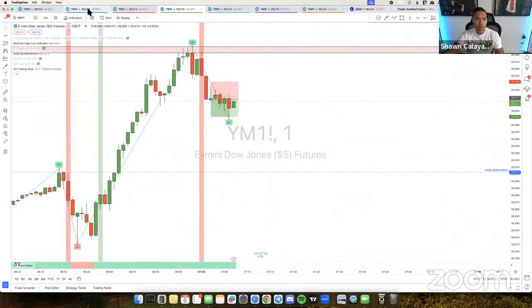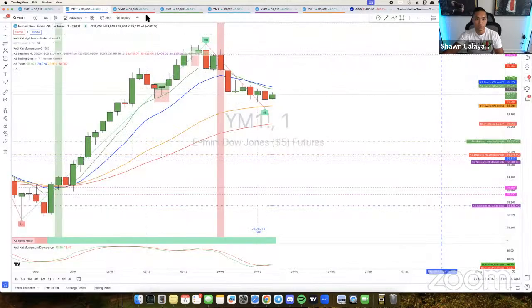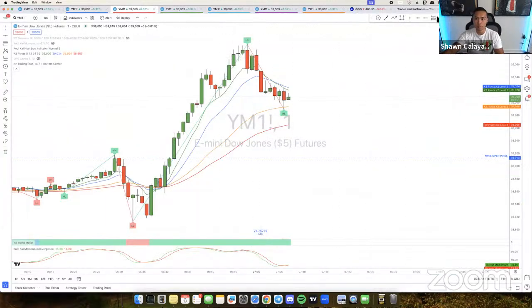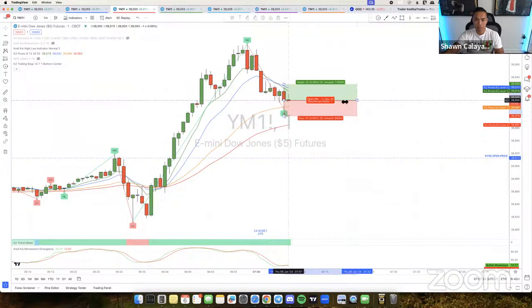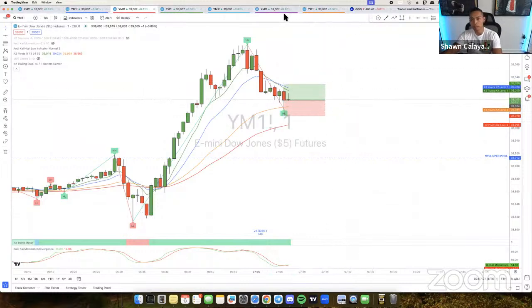Great work, guys, for whoever caught that there. We have the rejection there, so the PRB is now running for a buy. So again, if you guys want to take the PRB, there's a PRB right there. Again, I think it's a little tricky because of where price is currently at. It's currently between the two pivots right here. I don't like taking trades in between two pivots like that because it just ends up ping-ponging between these two pivots. It's probably going to push up, but